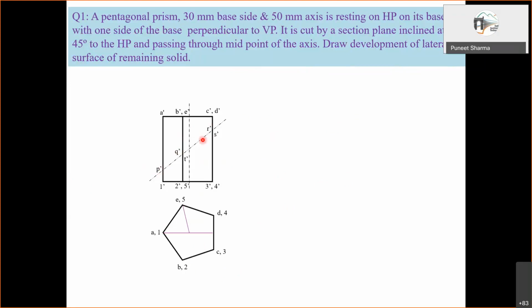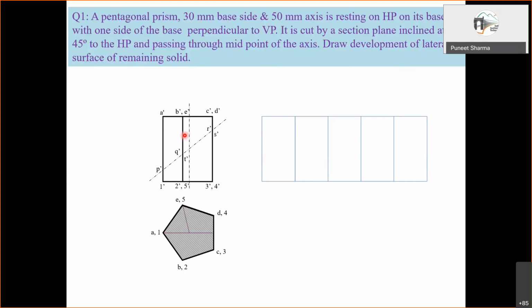Also this section plane is passing through here, so effectively the top view will have this complete pentagon, which will be having section lines. So actually it will be like that. If sectional top view in particular is not asked and it is skipped, that is also not a problem. But this is how it will look in the top view. Yeah. So now for the development, we will have rectangles like this.